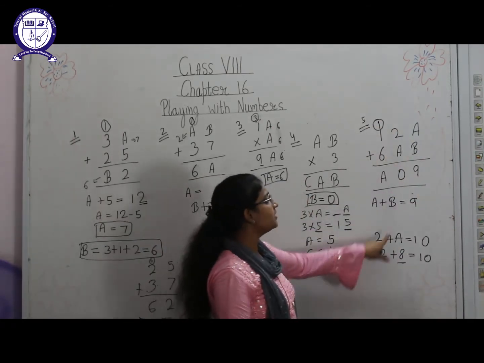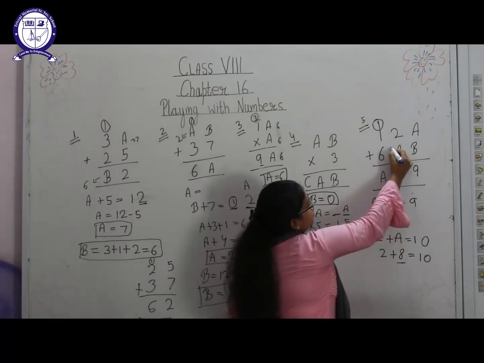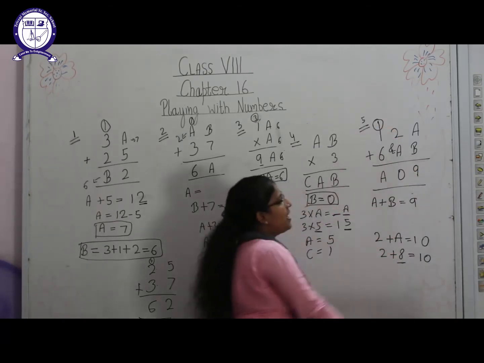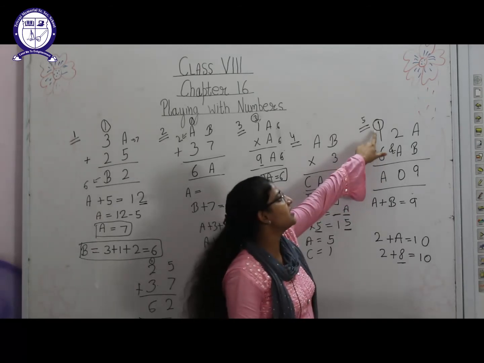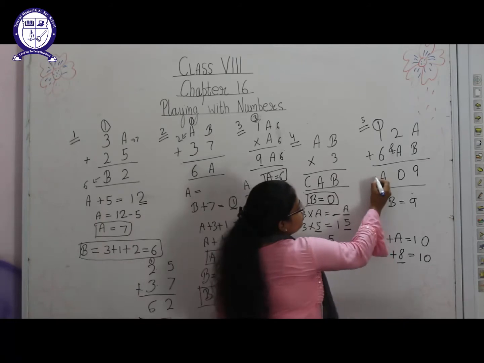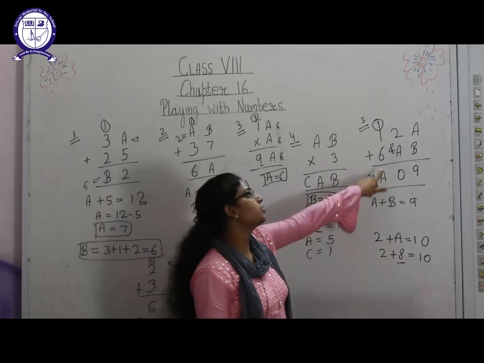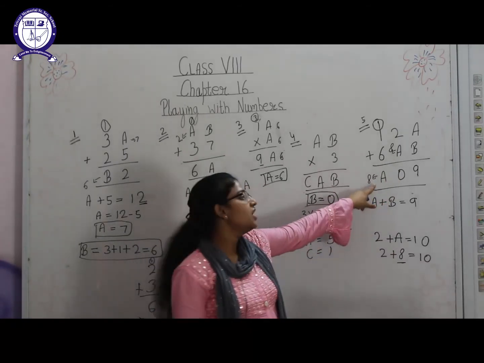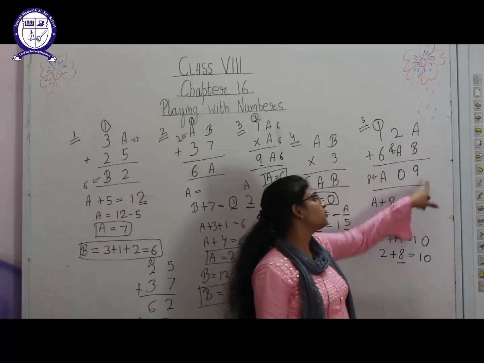As we are taking the value of A as 8 here, 8 plus 2 is 10, 0 is here, and 1 will be the carry part. Now 6 plus 1 is 7 and 7 plus 1 is 8, and the value of A is 8 here also. It means our value of A is 8, because in both cases we are getting the value of A to be 8.